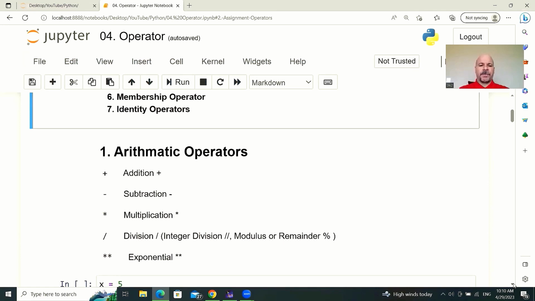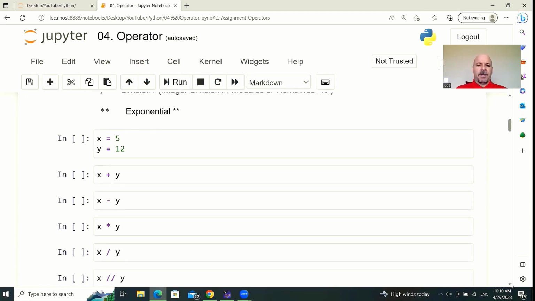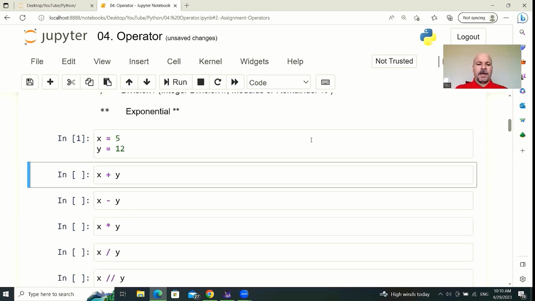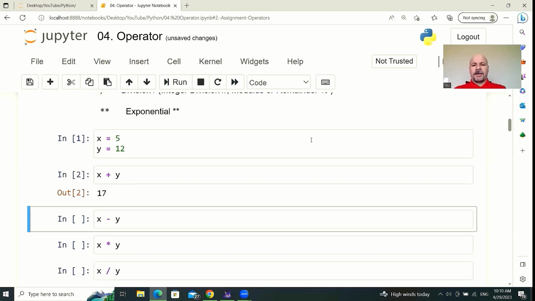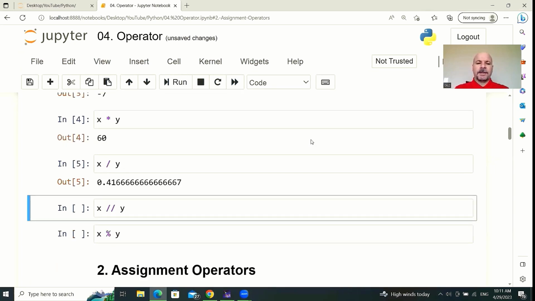Arithmetic operators are about addition, subtraction, multiplication, division, and exponentiation. For example, let's say x is equal to 5 and y is equal to 12. When we say x plus y, it adds x to y, and that is addition. But when we say x minus y, the operator here is subtraction, and x will be deducted by y. And we have the same for multiplication, x multiply y, and x divided by y gives us a value of